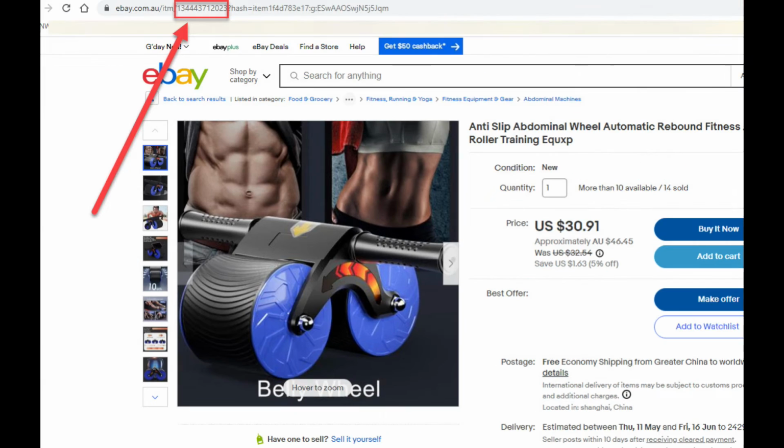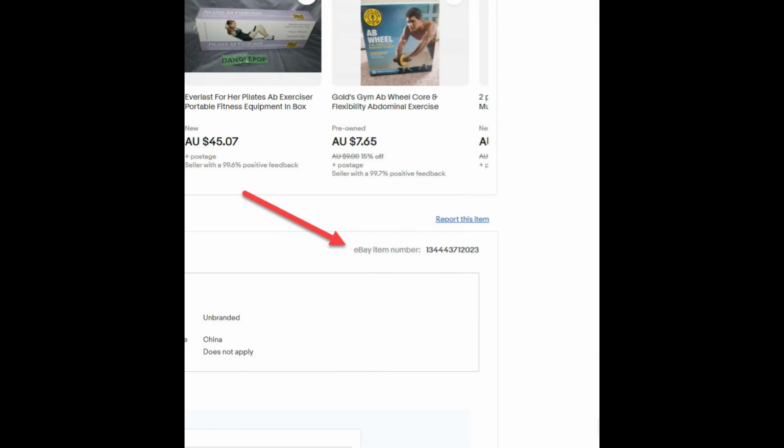To do this, first copy the eBay 12-digit item number. Every eBay listing has its own unique 12-digit eBay item number, and there's two places to find this number. The first place, my favorite or preferred place, is within the URL for the listing, which is at the top of your browser. The second place is if you scroll down the listing on the right hand side, approximately a third of the way down on any listing, you'll see the